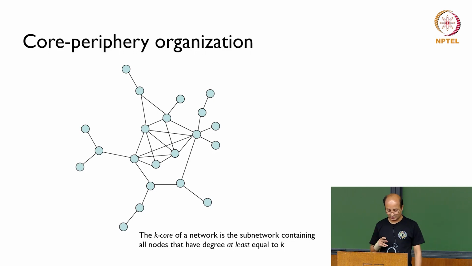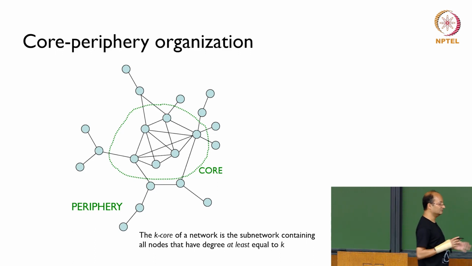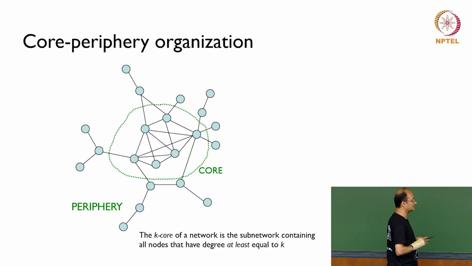So let me first start with core periphery organization. This is a schematic of a network where, intuitively, you might say that this is the core and the outer part is the periphery. So there is a way of treating this quantitatively where you can define